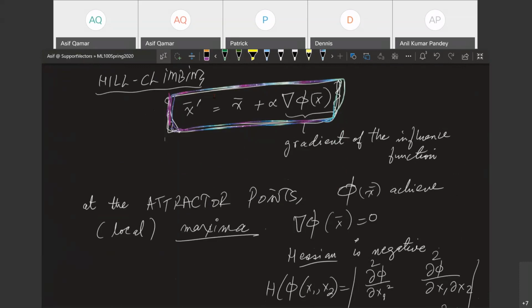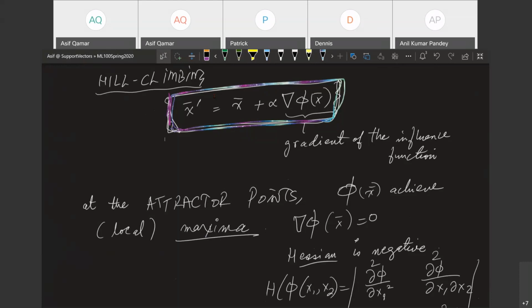And then, if you think of a single variable, univariate, then what happens at the maxima? If you go back and recall your calculus, at the top point, the derivative disappears, but then derivative disappears at the minima also, and it disappears at the saddle point also. So how do you know it's a maxima? The way you know it is that the second derivative is negative. So the derivative has to vanish and the second derivative has to be negative. This is a recap from calculus.